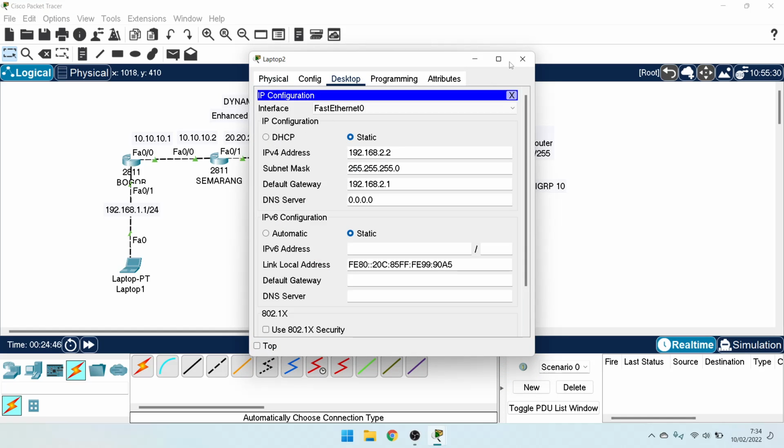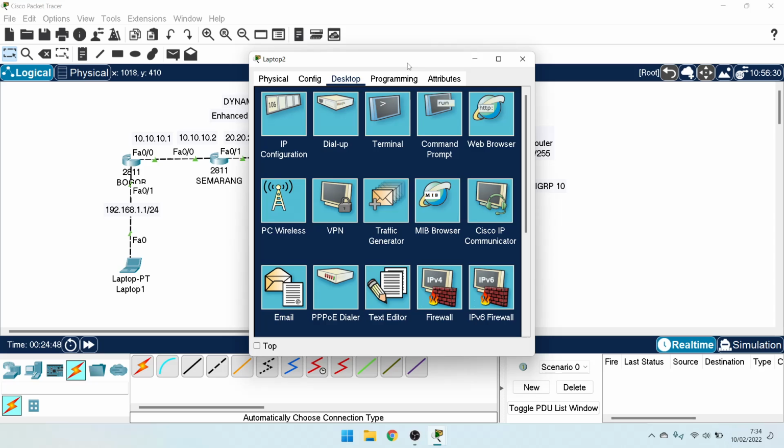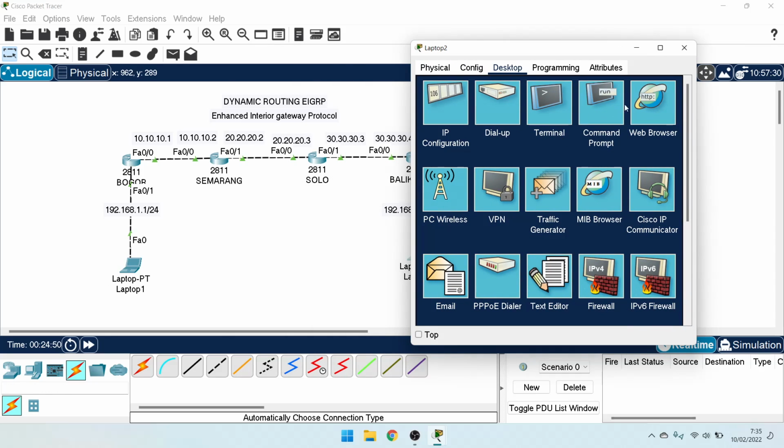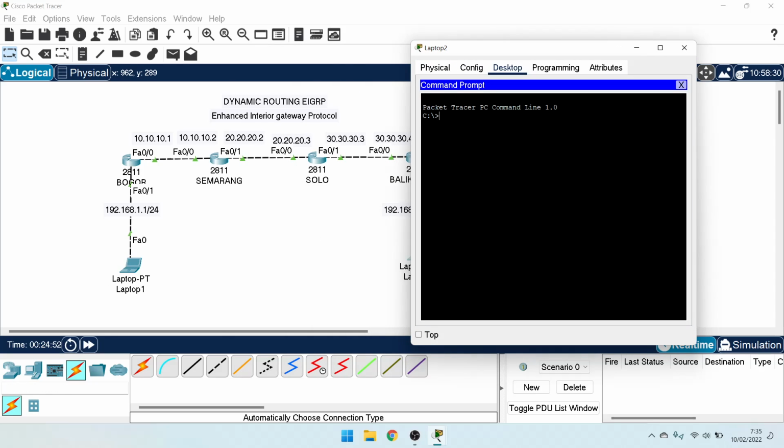Okay, the IP address 2.2 pings the IP address of laptop 1. Open command prompt, ping the IP address of laptop 1. Okay, reply.